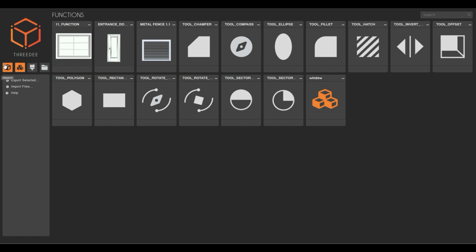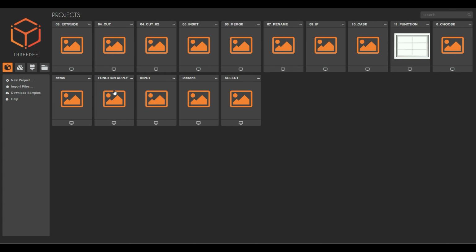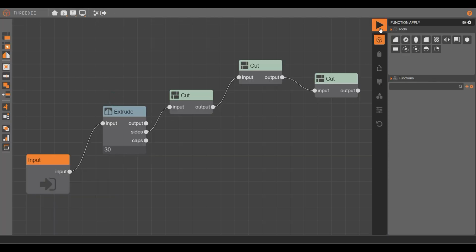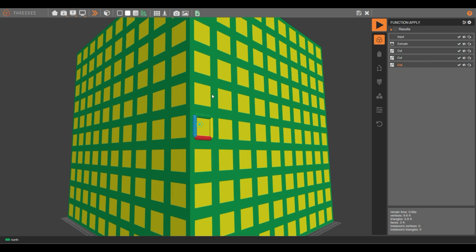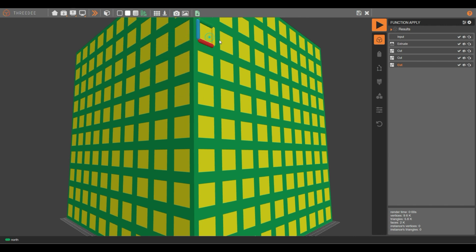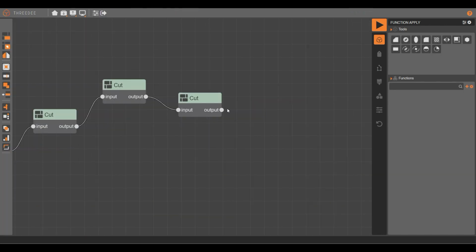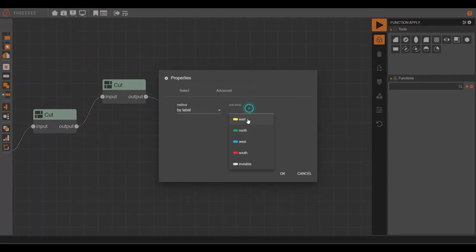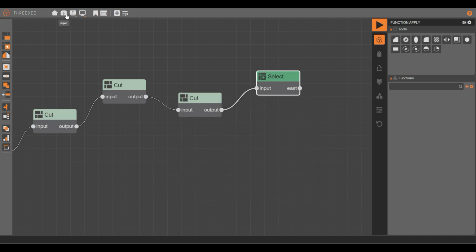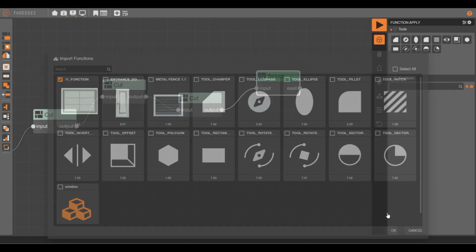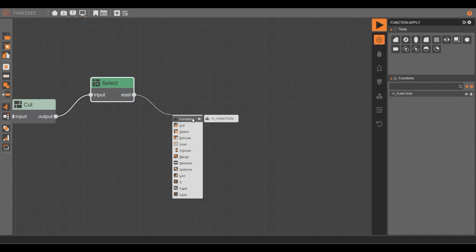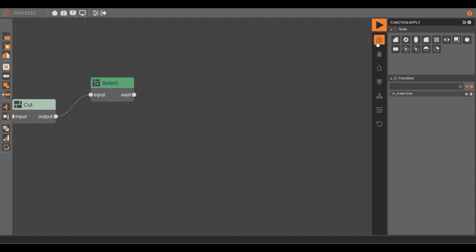We are going now to import it into another project that will be function applied. Here I model something like a building and I will put my function in every one of these spaces for windows. Here I will select this and then I will import my function selected. Okay, and now I have here in my functions, I get my function to use it,